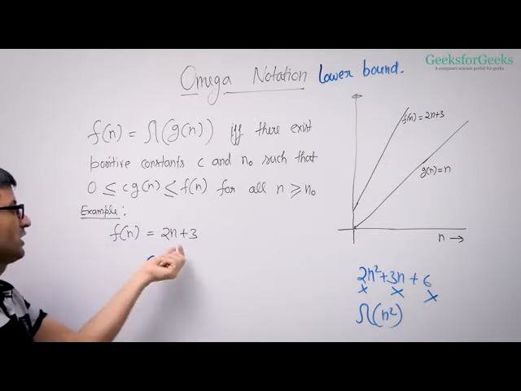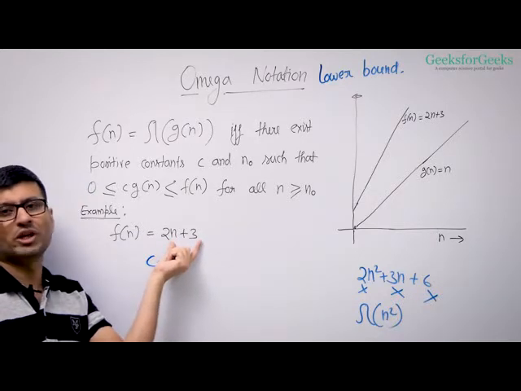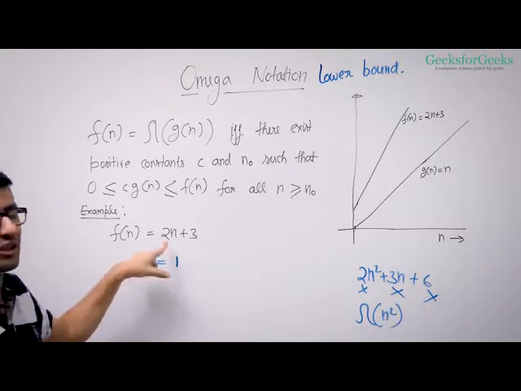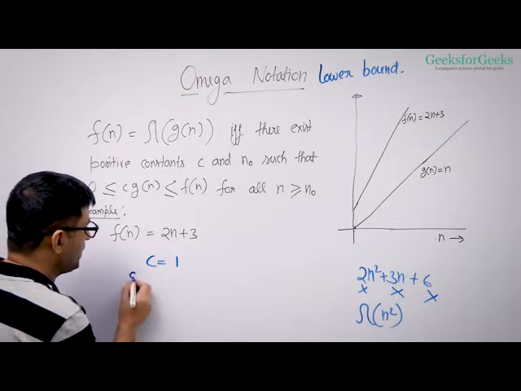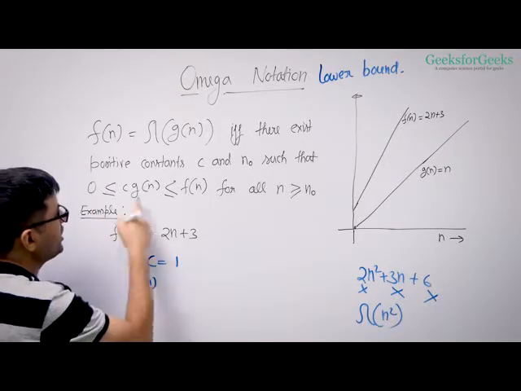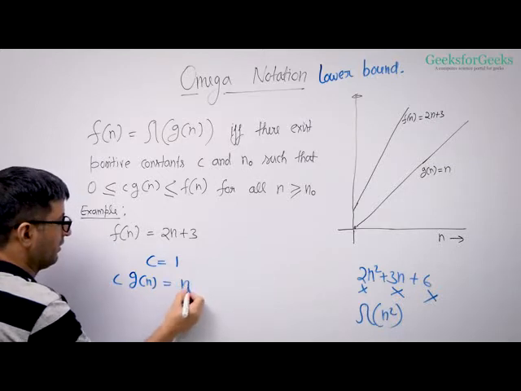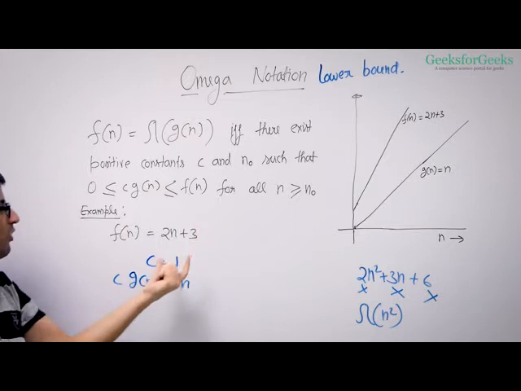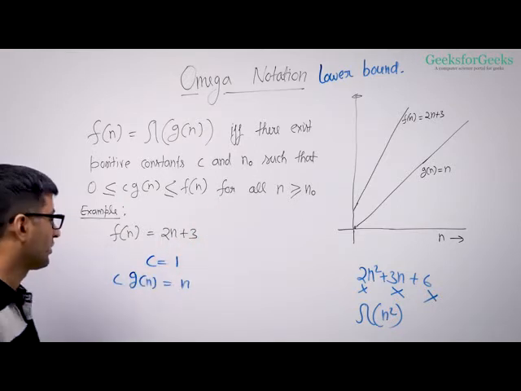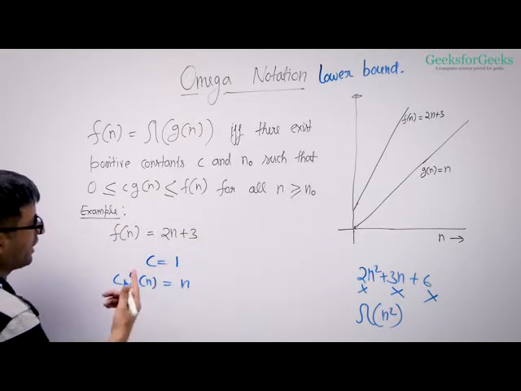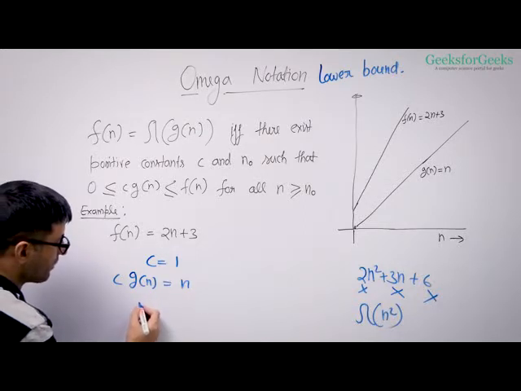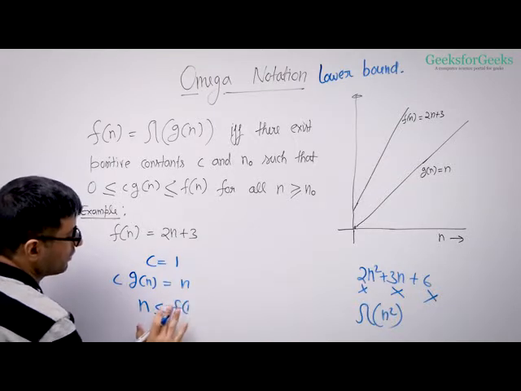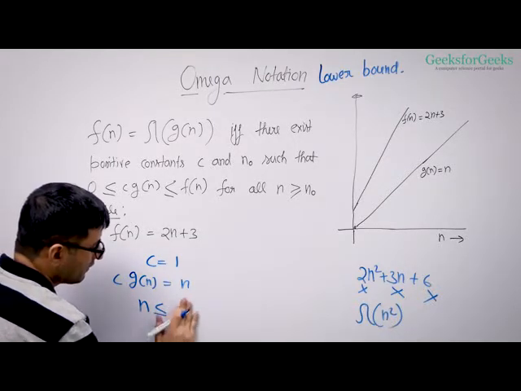Since this was 2n plus 3, I could also have taken c as 0.5, right? Smaller than whatever is there in the constant of the leading term. So I've taken 1, so my c g(n) is n, right? And we want to show that this is smaller than or equal to f(n) for all values of n greater than or equal to n naught. Let's try to find out n naught. So what do we want to show? We want to show that n is smaller than or equal to f(n), which is 2n plus 3,